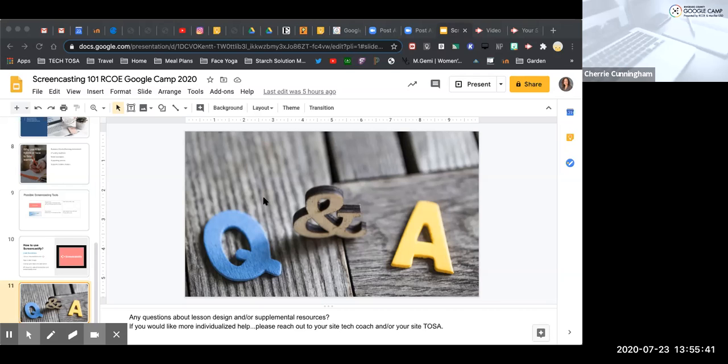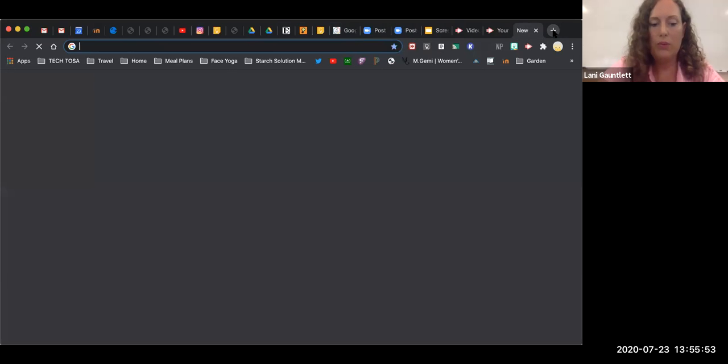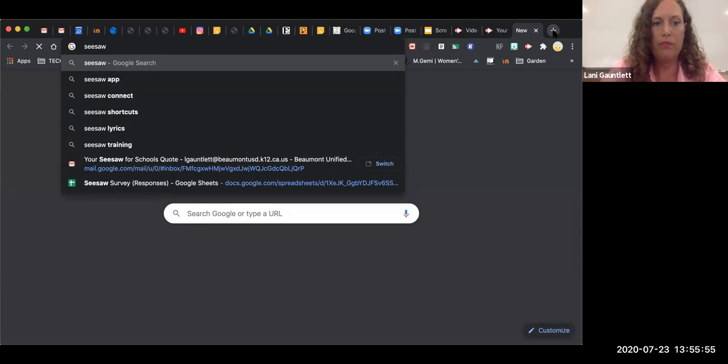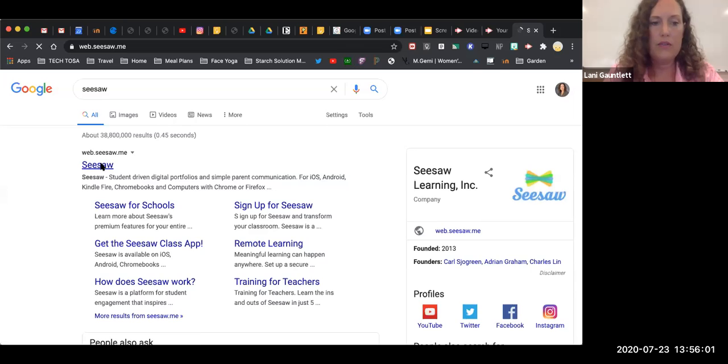Perfect. All right, and then someone asked, can you share to SeeSaw? Yes, you can. Well, I'm not sure. You guys have so many good questions. I'm gonna open up my SeeSaw account because I know you can add things from Drive, if that's correct. And I believe,